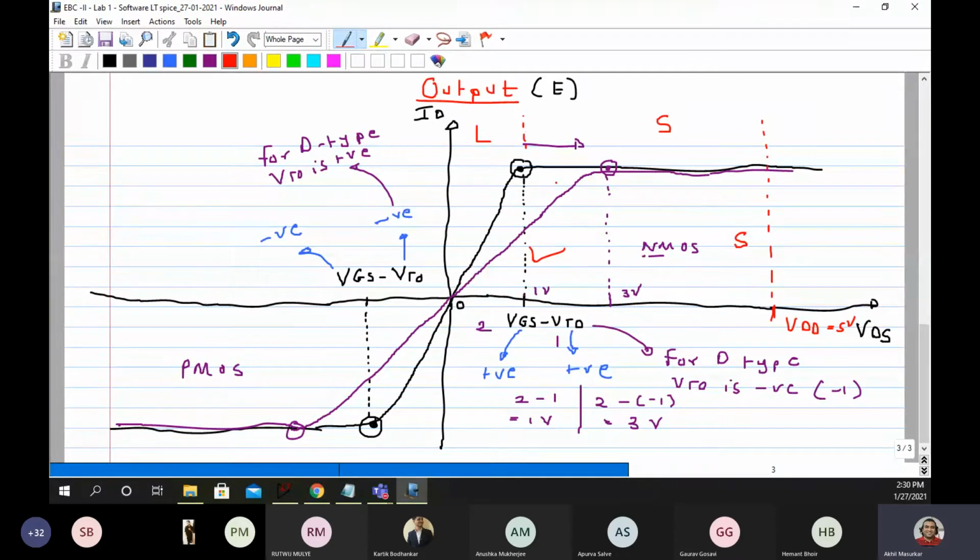So you can see this black line is the characteristics of NMOS E and this is the characteristics of NMOS D. So you can see that an NMOS enhancement type transistor has a smaller linear and a bigger saturation, whereas a depletion type transistor has got bigger linear and smaller saturation.